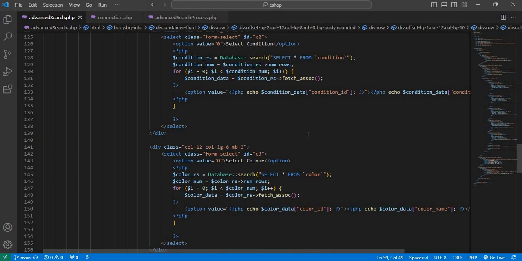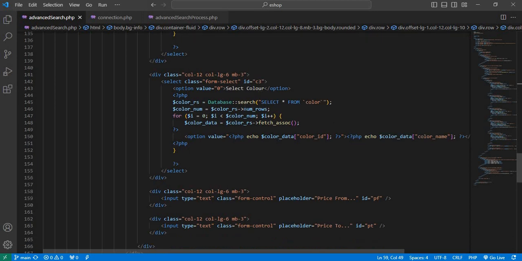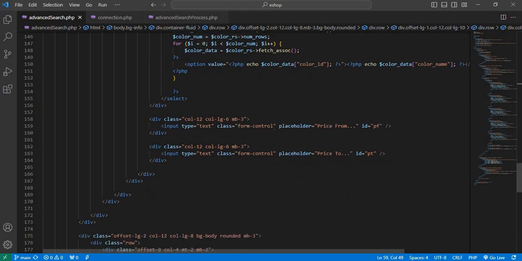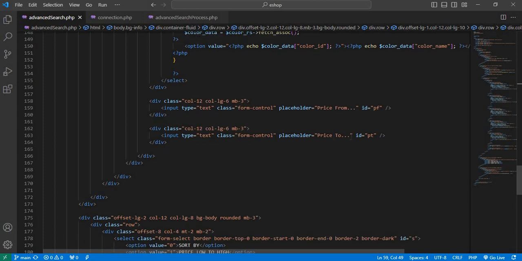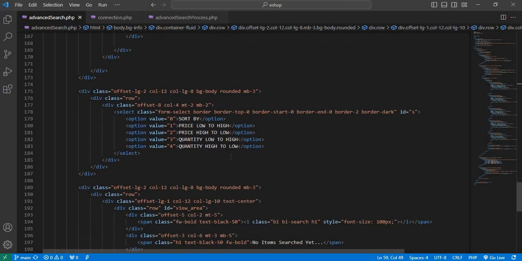Here I have loaded the available conditions in my database, and here I have given an ID C3 for selecting the color, and here I have loaded all the colors available in my database, and here I have given PF for price from, the ID PF for price from, and ID PT for price to, and here I have given the values 0, 1, 2, 3, 4 for the